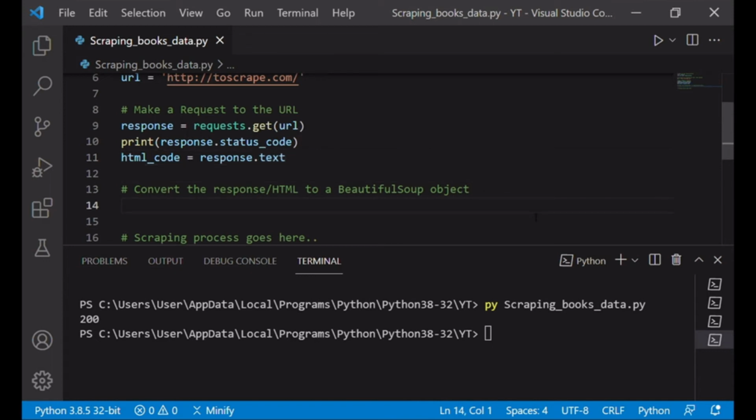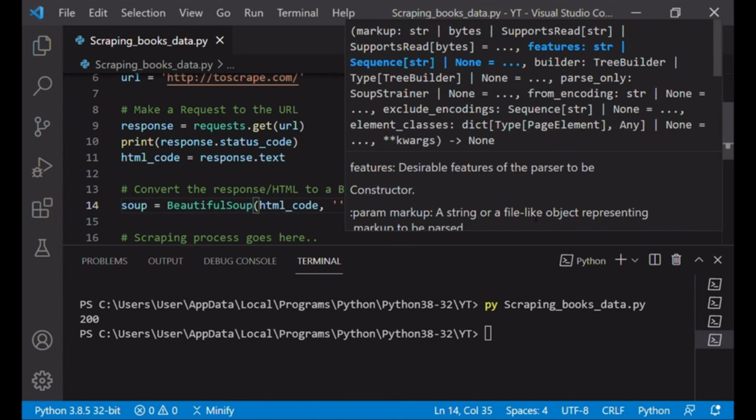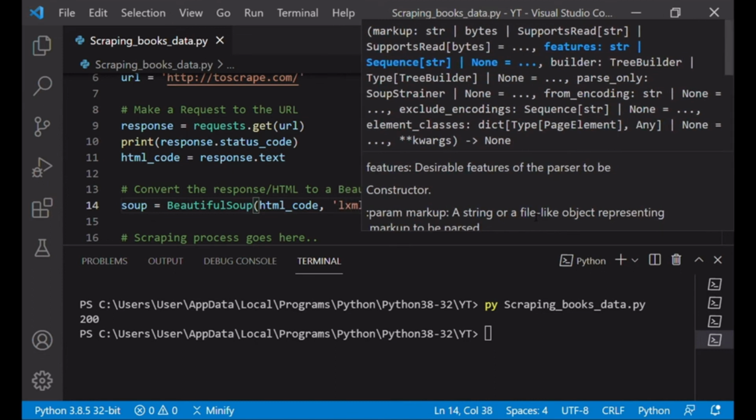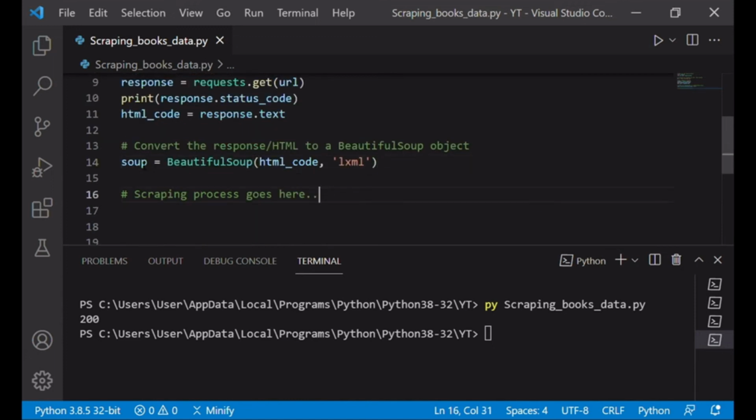So soup is equal to BeautifulSoup, and the first parameter is going to be html code, and then the parser will be lxml because that's the recommended one to use. And then we have the soup object here, and then the scraping process goes here.